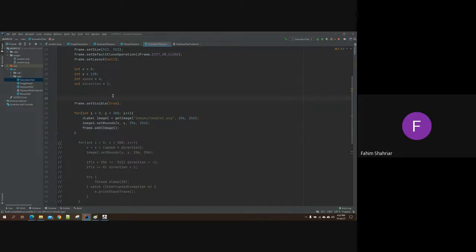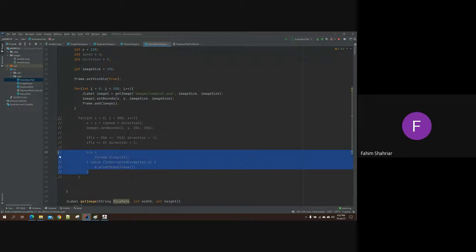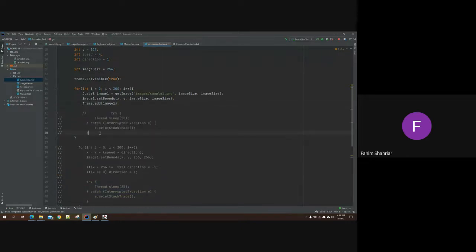and image size equal to integer image size. It will start with 256. So I will pass the image size in this. And also in set bounds, I will pass image size. And I will add the sleep method. নাহলে আমি কিছুই দেখতে পারবো না। sleep method না দিলে কিছুই দেখতে পারবো না।